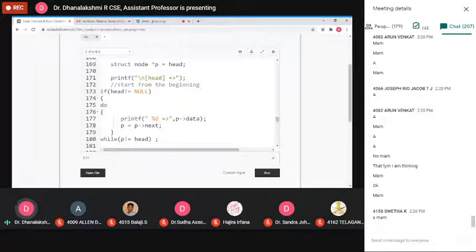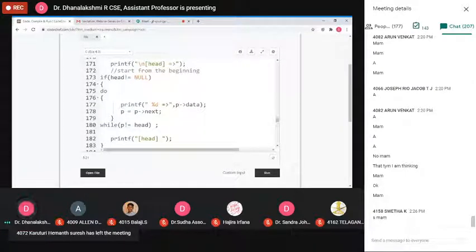Like that you have to print all the nodes. Usually we check whether P is equal to null or not equal to null. This is a circular linked list, so I am checking the last node, which obviously holds the address of the header node. So we can do the process up to P not equal to head. Once P is equal to head, stop the process. Okay, this is for the forward direction.